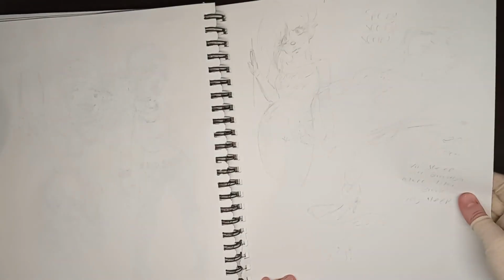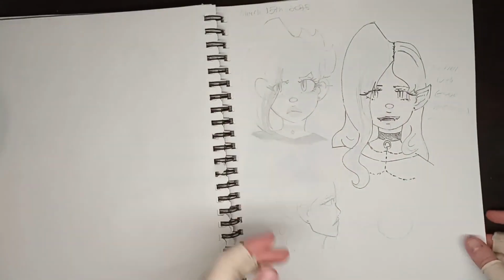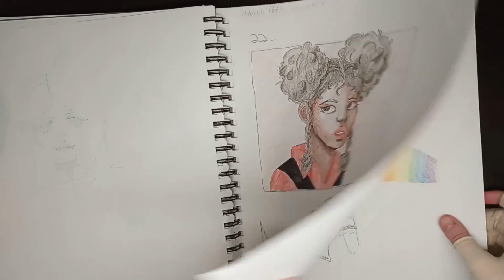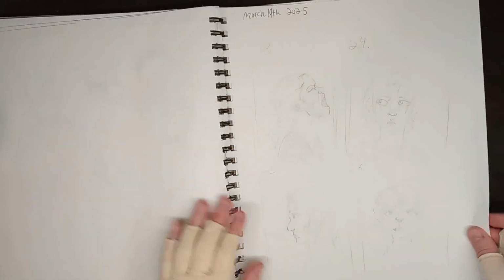Just more Kara sketches. Interesting perspective here. Kara as a vampire and normal. Now this one I actually did like as well. This was one of the ones that I did enjoy making. I spent a lot of time on it, and I did quite like doing that one. Just random sketches, coloring things. Here I have more heads